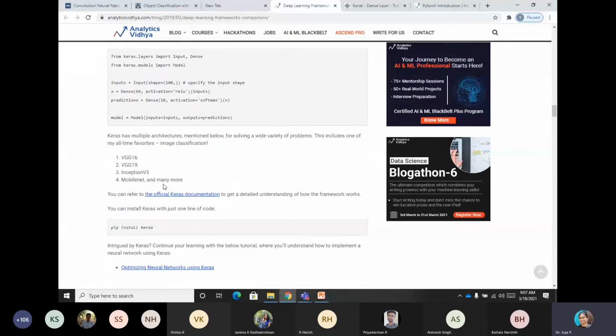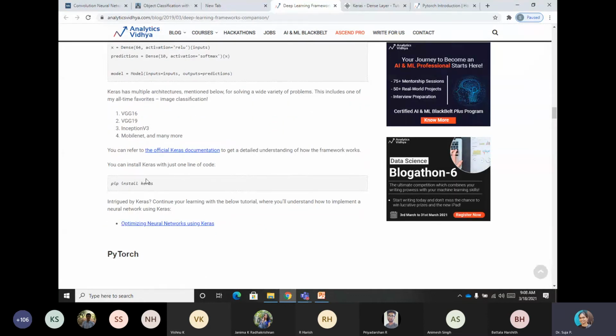And then you can use several transfer learning models, already developed models. If you are using them, you can install them, and the advantage of using Keras is you need not write the code for all of these. You just give a command, net, and in the brackets, if you give the model, it will just take that model. And all these models come with the data sets like CIFAR or OmniGlot or MNIST, whatever it is. You just give load data set, it loads everything, and it all happens just like that. Just one line of code.